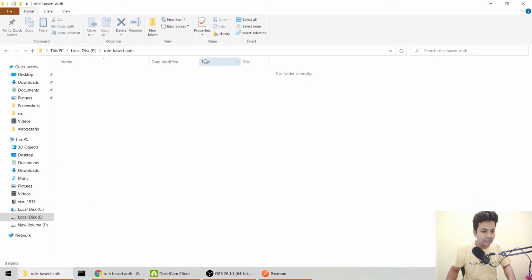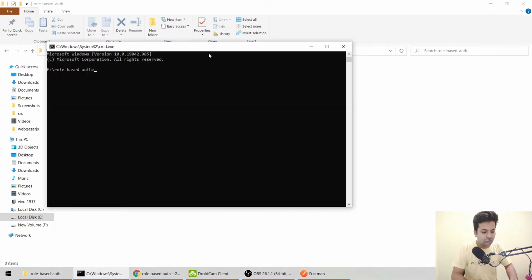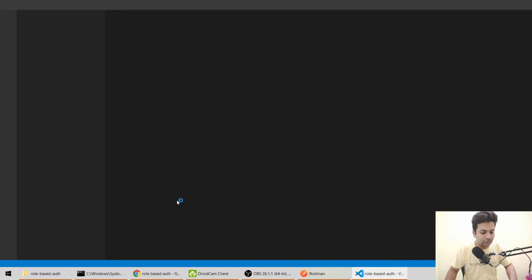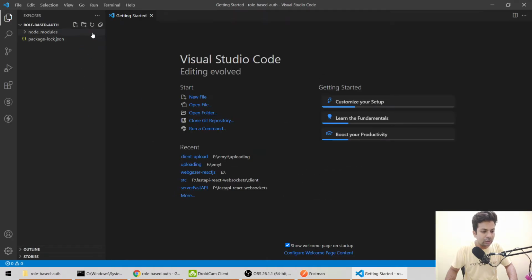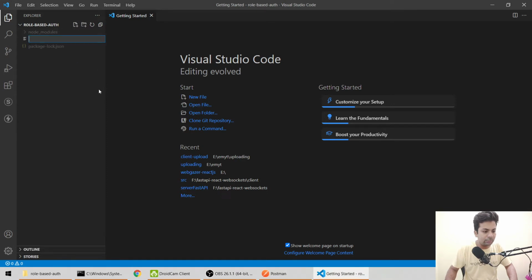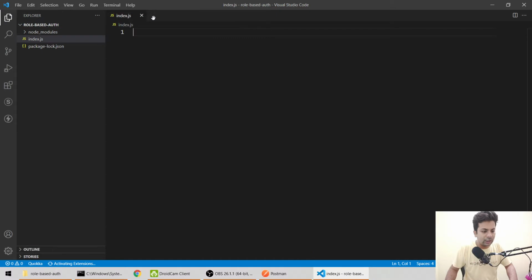So basically, we are here. We have to install just one thing, Express, and it's done, and we'll open with code. Now we'll make one file called index.js, and we'll say const express equals require express.